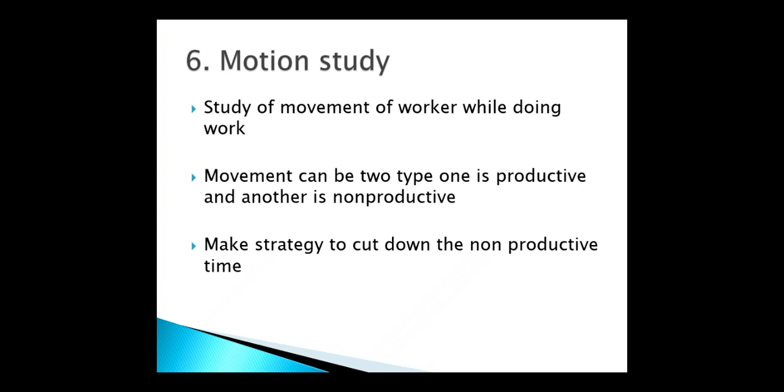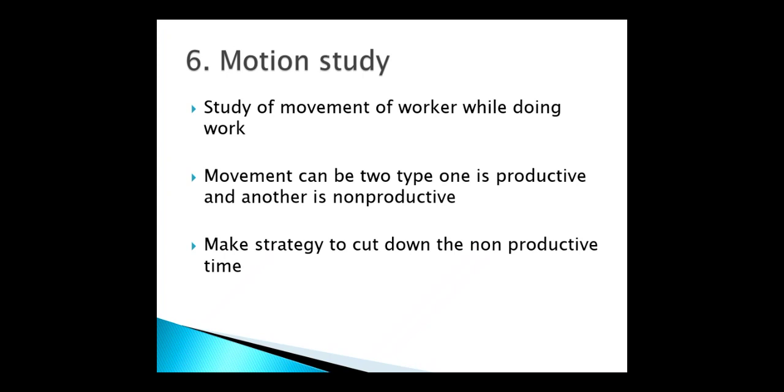Movement can be of two types: one is productive and the other is non-productive. If an employee is moving from his chair from one place to another, why is he moving? Suppose it is for their official work, then that is the productive movement. No problem, he can move at that time. But if it is non-productive, that means rather than official work, he is moving for personal work in the organization or at their job place.